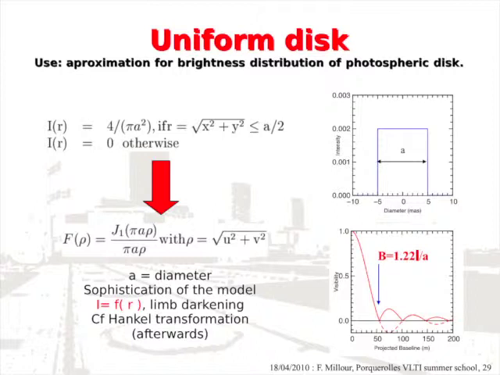And if you look at the visibility curve, it's a visibility curve with bumps. At some point the visibility goes below zero, which means the modulus stays positive, but the phase flips 180 degrees. It also means that the amplitude of the visibility goes to exactly zero. So if you have the information about this zero of visibility, you can get the diameter of your object easily.